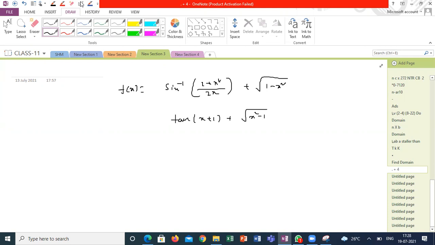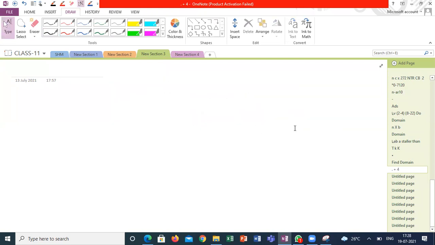For our board level point of view, because inverse trigonometry is not included, the difficulty level of the question is less. Mostly they will deal with algebraic functions. They won't go more than that. Is it clear, guys, what I'm saying? Shall I go for some other question? One more question can I give? Students, please respond.